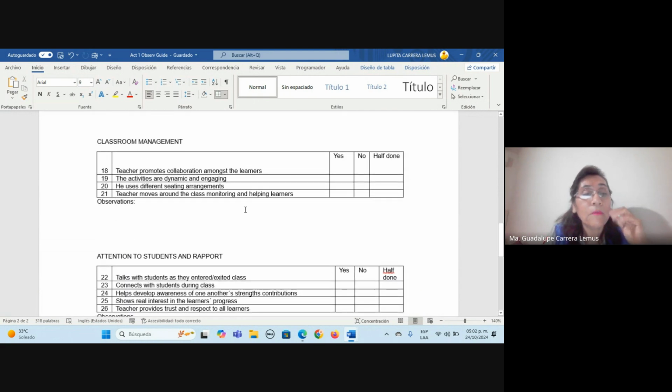Then we have the classroom management. This relates to what's happening in the classroom and how the group is going to work. It involves the seating arrangements, for example,